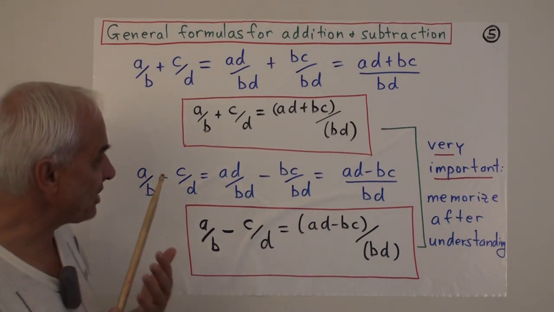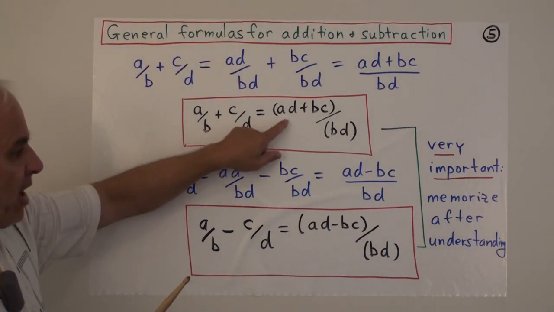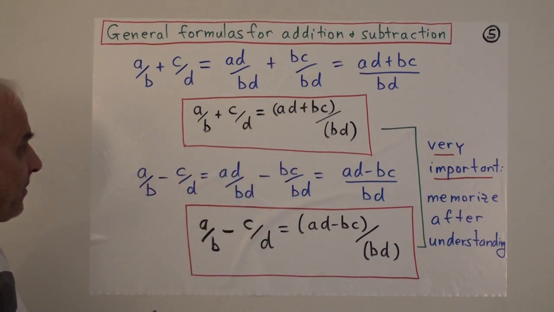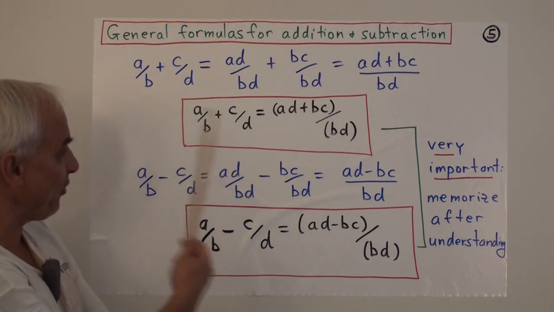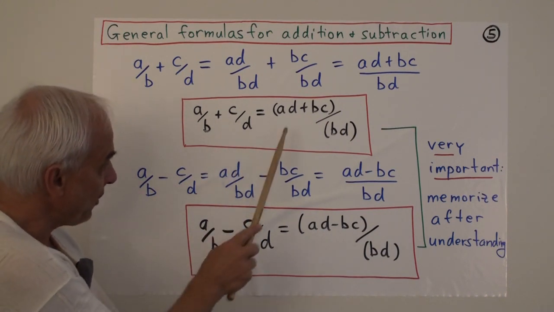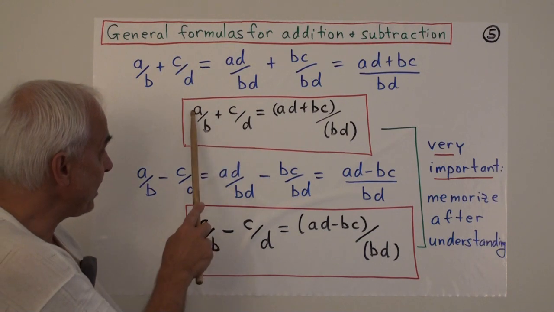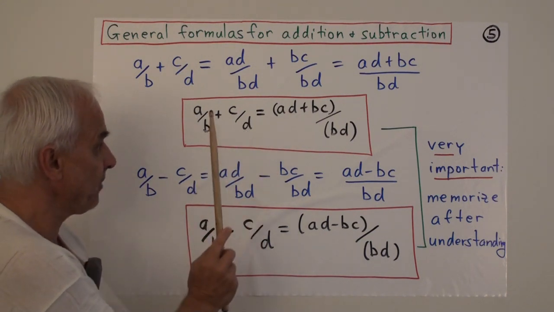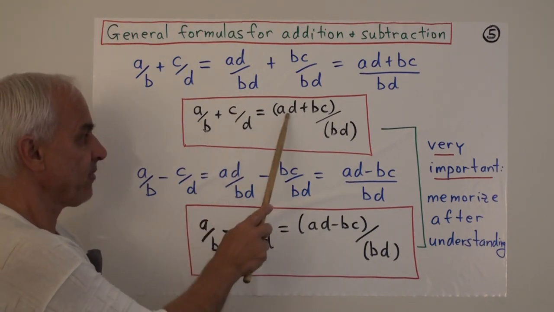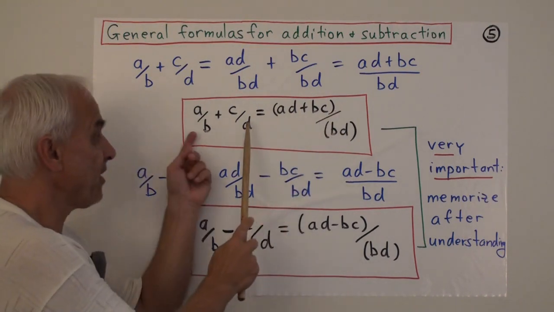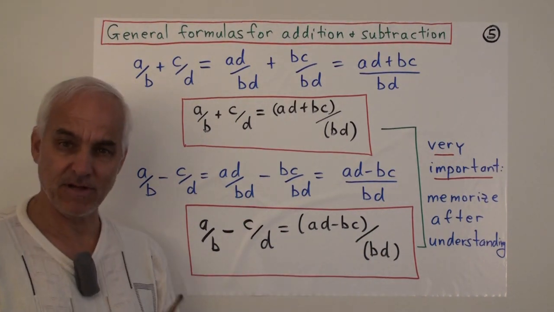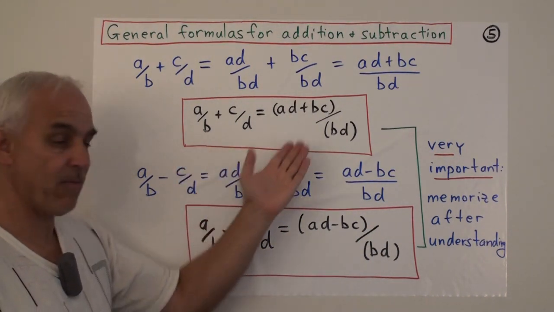Okay, and it's very important to understand this derivation and then to memorize it. But first we want to understand it and then we want to memorize it. So notice that it's giving us a pretty slick way of doing addition. It's telling us that if we have two fractions here, the numerator of the sum will be this number times this number, there's the AD, plus this number times this number. This times this, plus this times this, that's the numerator, over the product of the denominators. You can go back and check the examples that we did on the previous page and show that that's really exactly what we're doing.